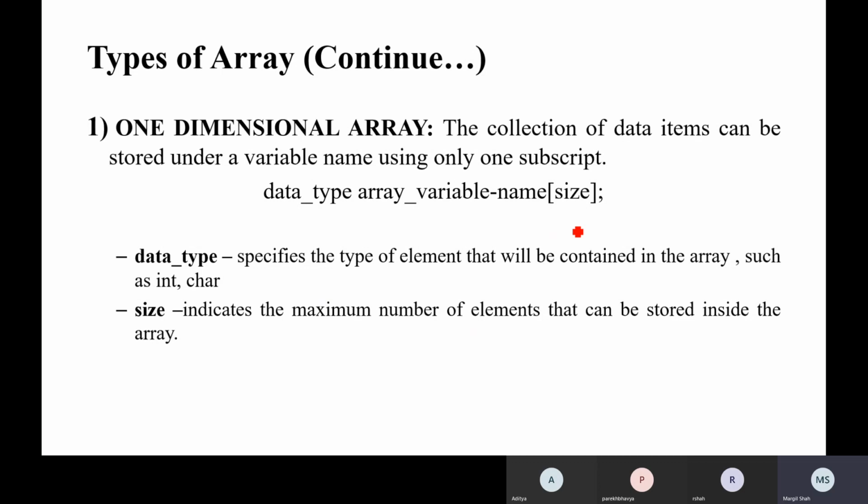Single subscripted array or one-dimensional array, both are the same, right? What is data type? It specifies the type of element that will be contained in the array, such as integer, character, float, etc. What is size? It indicates the maximum number of elements that can be stored inside the array.